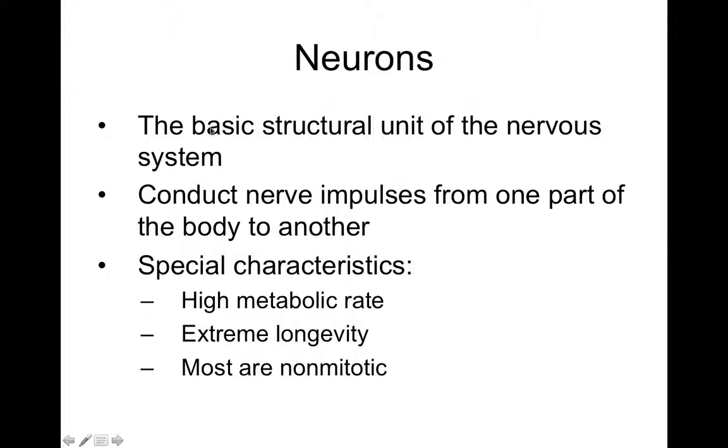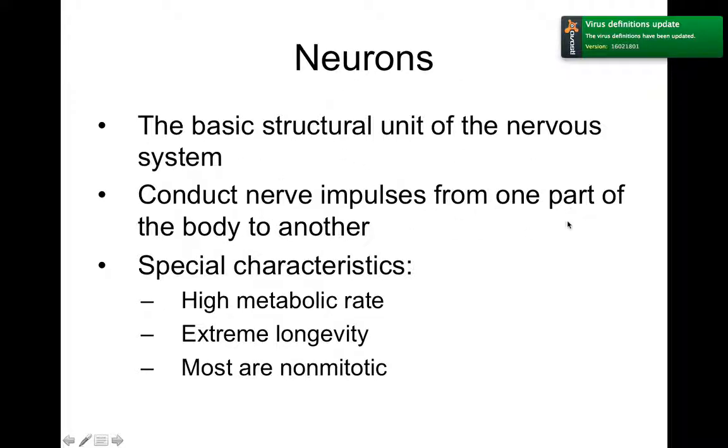So neurons are the basic structural unit of your nervous system. They conduct nerve impulses from one part of your body to another. They have a very high metabolic rate, which means they use a lot of energy. In fact, like I said, we use 20% of our energy just to supply our brain. And our brain is very picky about what kind of energy it uses. It only runs on glucose, or sugar. If your blood sugar gets too low, your brain doesn't have nutrients to run on, and it starts shutting down. This is why when people have hypoglycemia, or low blood sugar, they start to lose consciousness,